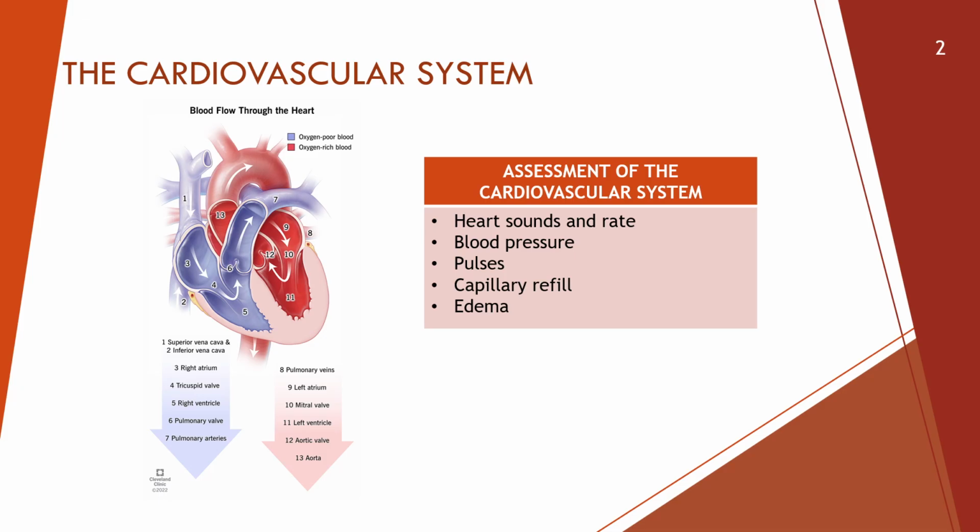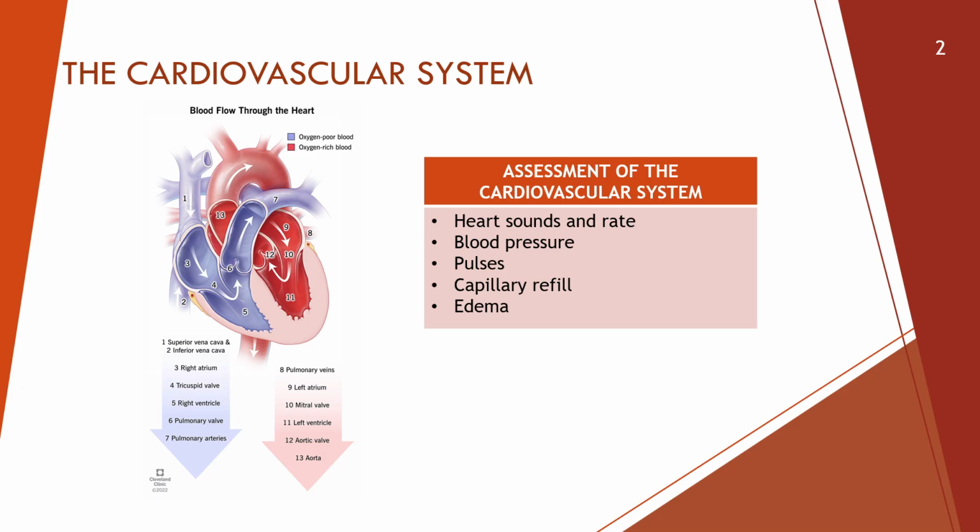So then the pulmonary valve is going to open to let blood into the pulmonary arteries and into the lungs for that gas exchange. Once the lungs have done their job, we will have that oxygen-rich blood coming in through the pulmonary veins, into the left atrium, through the mitral valve, and into the left ventricle. Then the aortic valve will open and push that blood into the aorta and out into the rest of the